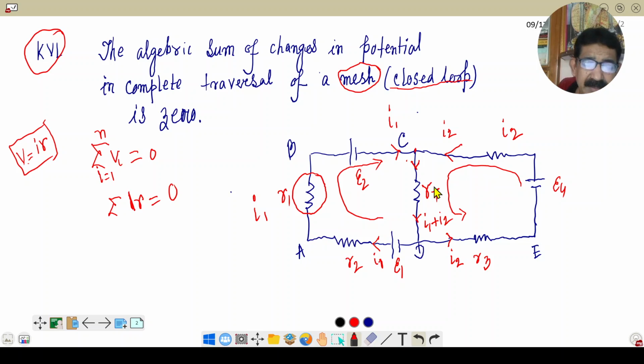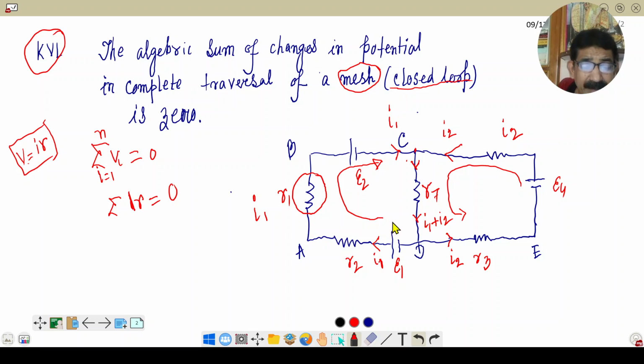But once that is chosen, then it is the final. Now in this mesh, I have noted that this is the direction of electric current. The current is flowing from D point through A point to B point to C point, again to D point. And in this mesh, the current is coming from D point to E point, then to this point, then to this point, and then to this point.